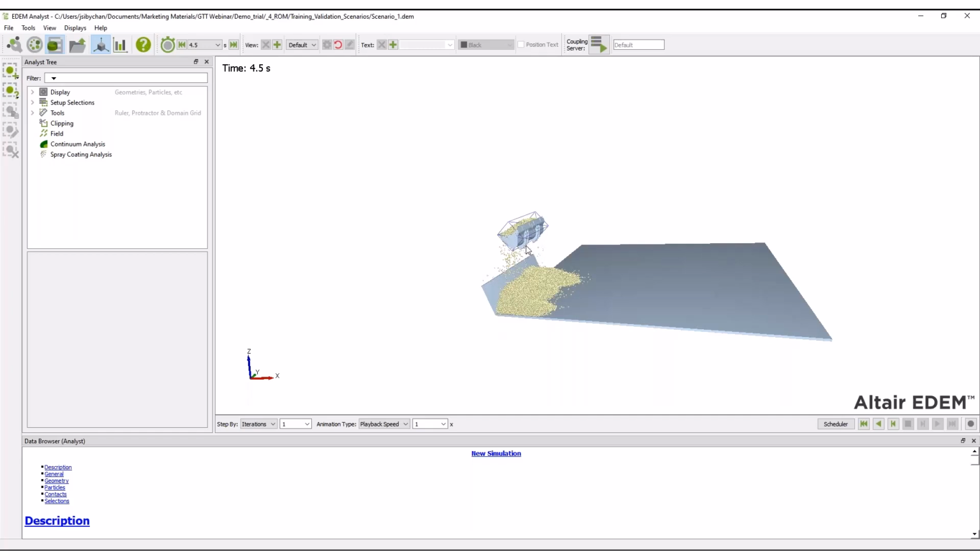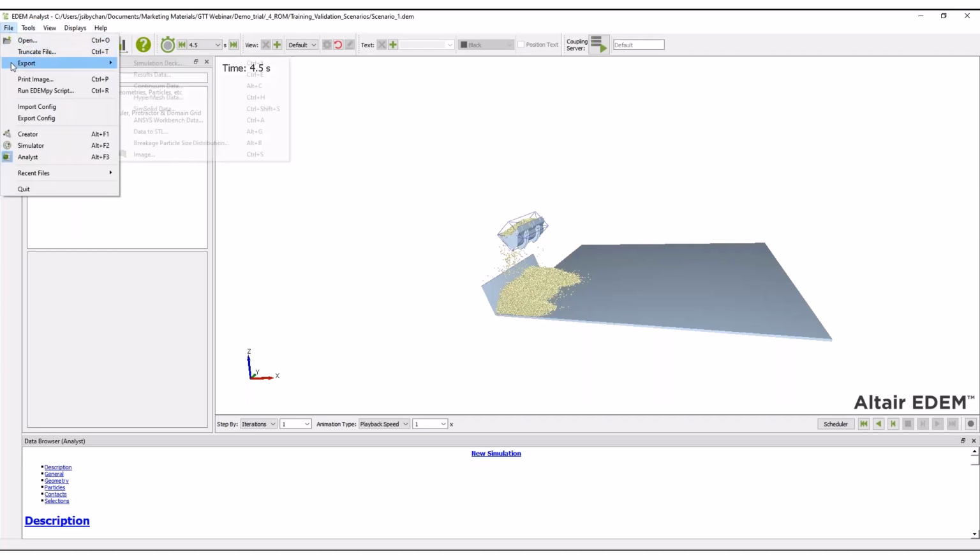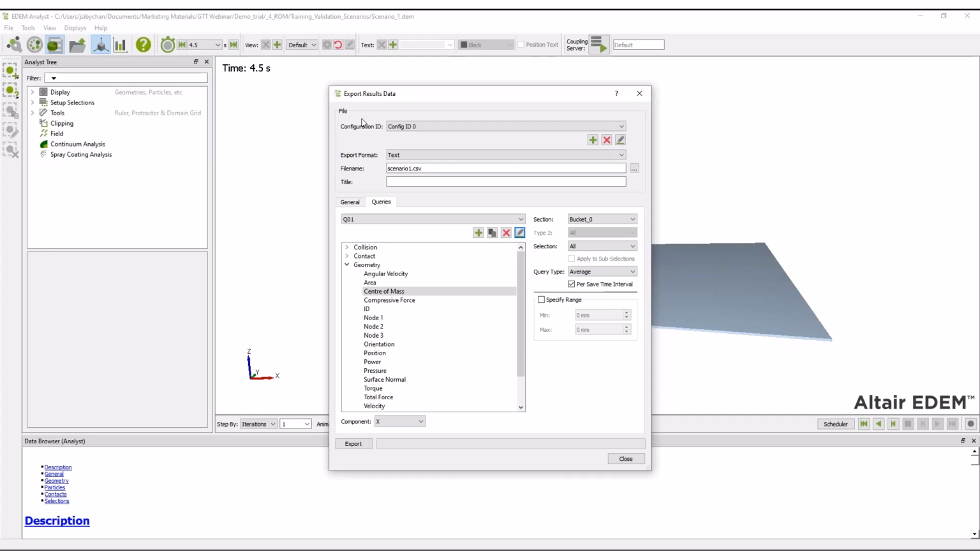And now, once you have this simulation done, let's say this is for the first scenario or the first case, we will export the data, which will eventually be imported for the reduced order model. What are the data that we are exporting? First of all, we're exporting the positions, x positions, then the z positions. Then I'm also exporting the velocities, x and z again, and then I should export the orientation